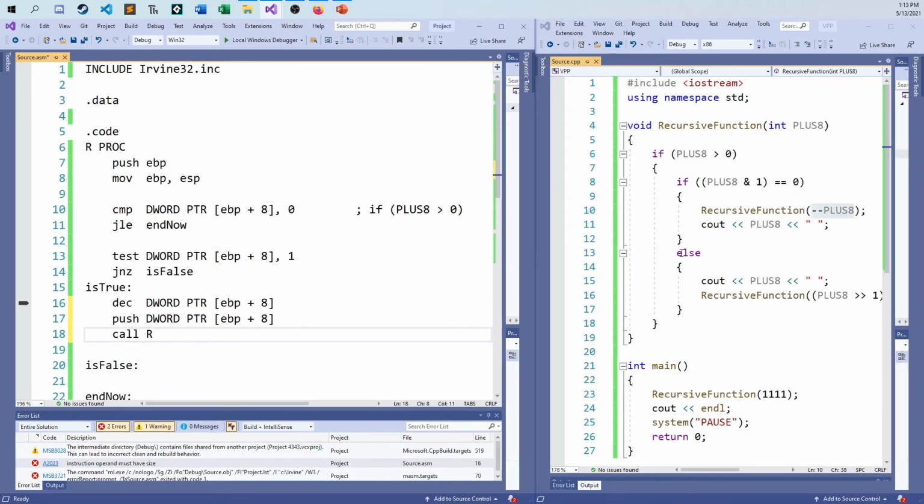All right, that's how I turn this line of code in C++ into 3 lines of code here in assembly language. And so now when I come back, what I want to do here is this print statement. This is going to be a couple lines of code in itself. So what do I do when I get back from this guy? I move into the EAX register my dword pointer at EBP plus 8, because the write int function, or in this case the write dec function,